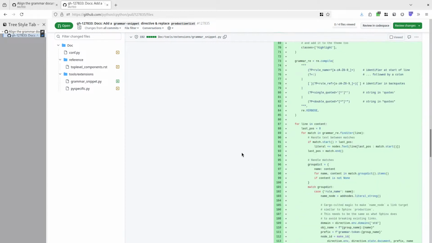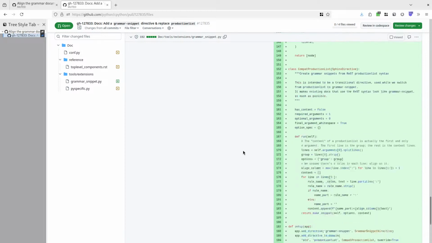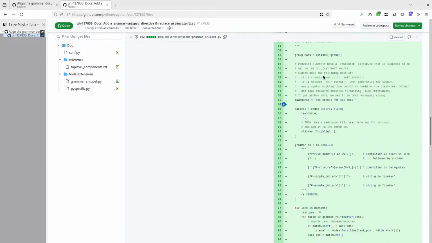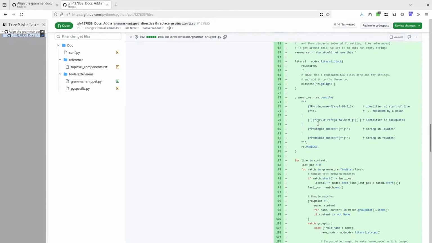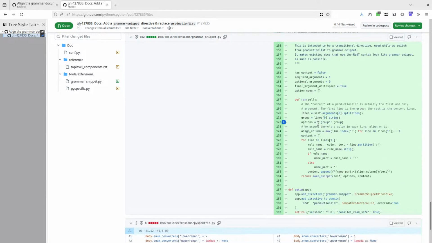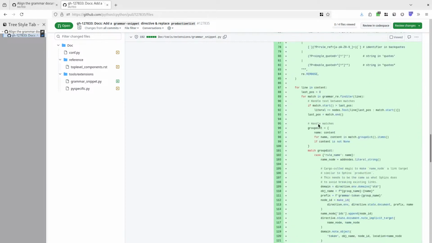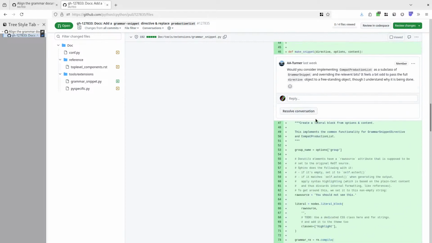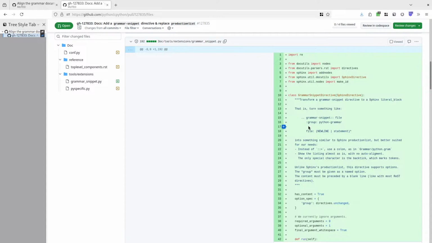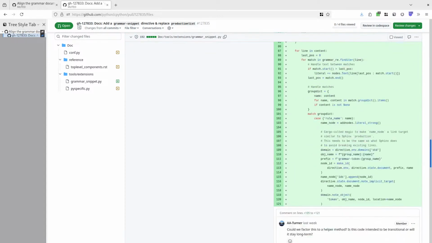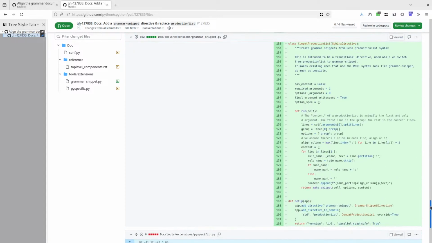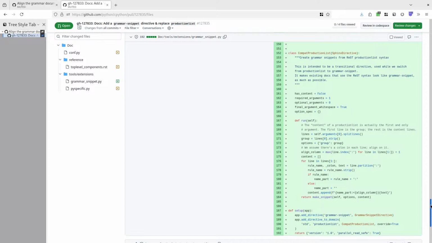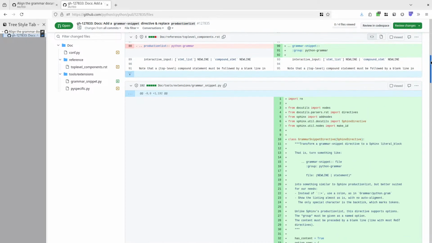They're separate. Compact production list is not a grammar snippet. Right, so